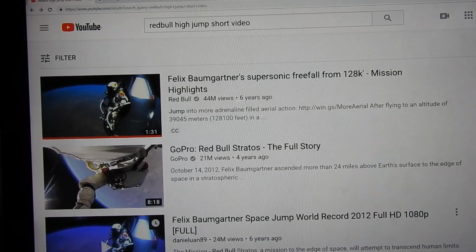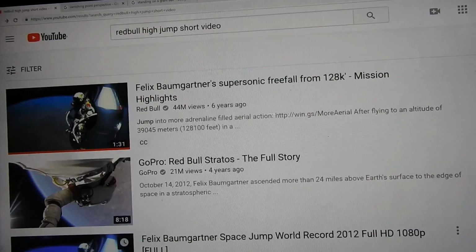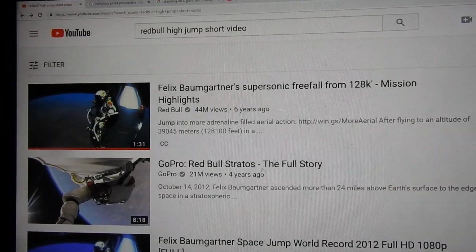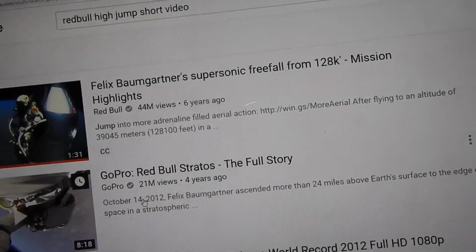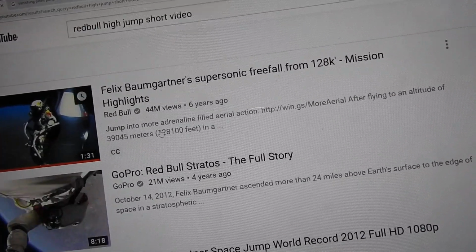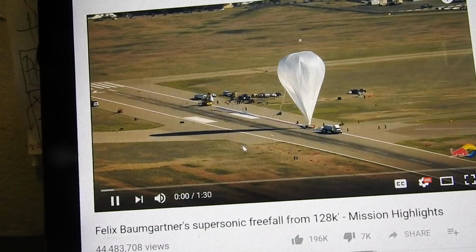This here is one of my favorite flat earth proof videos that these guys did kind of by mistake, but if you look at these things you can see the lies and you can see the truth. So this is Felix Baumgartner, supersonic freefall. He was up 24 miles, says somewhere on there. And anyway, so when you look at it,